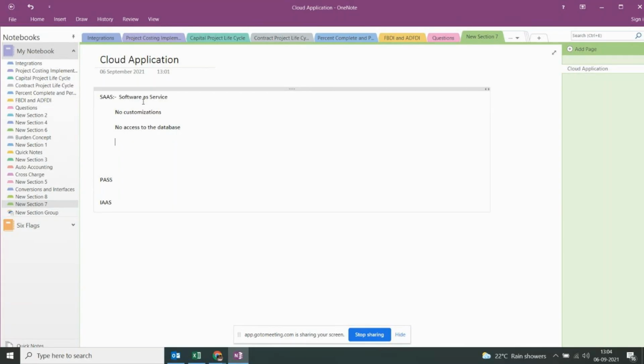And if you take an example of software as a service, let's take any application, for example, your WhatsApp. I think everybody has WhatsApp, right? You are using WhatsApp, which is an application. Are you going to do any kind of customizations in that? Can you change the underlying logic of WhatsApp?